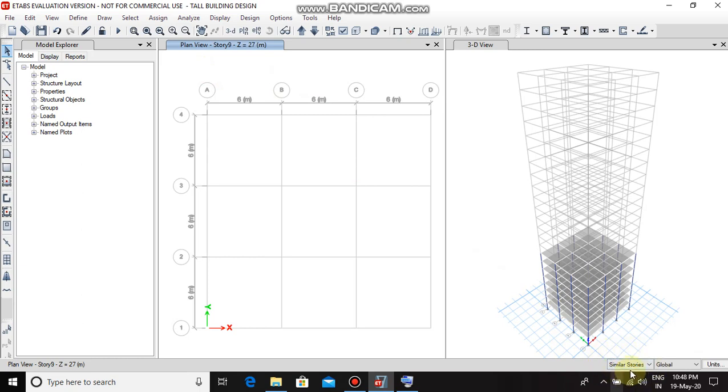Keeping this as similar stories, let's draw column, beam and slab. These are some shortcuts which we can use in order to draw the columns, beams or the slab. Okay, let's begin with drawing the columns.